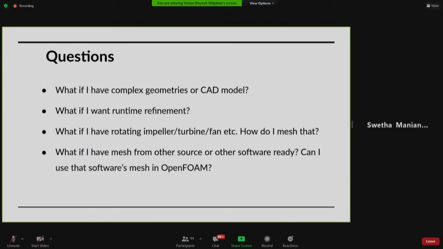We are using that to demonstrate the capabilities within OpenFOAM with respect to complex geometries or runtime refinement. So, Divyesh, do you want to show them?